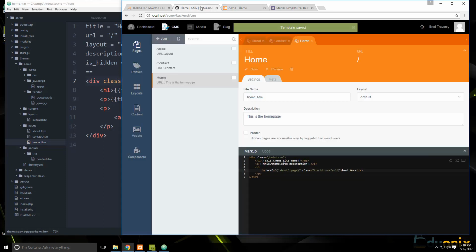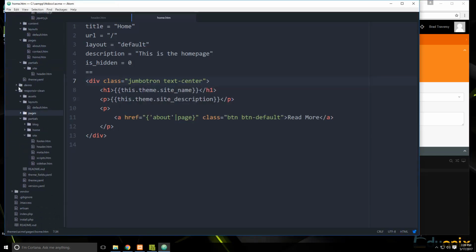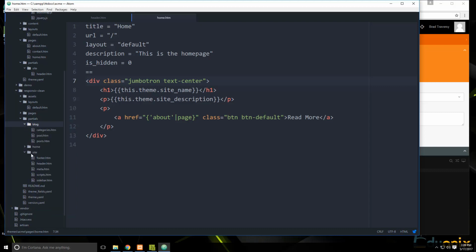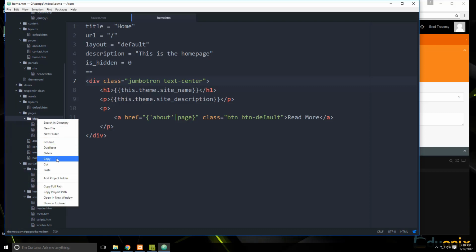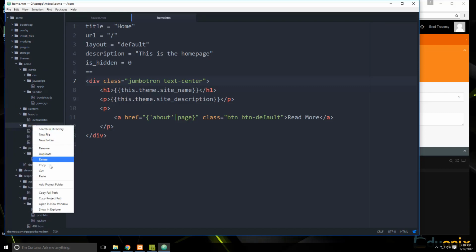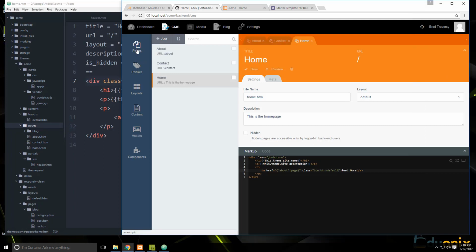And instead of creating everything from scratch, what I'm going to do is go down to the responsive clean theme, and we're going to grab this whole blog folder right here. Okay, it's in partials actually. Wait, is that what I want? No, I want this in pages. I want this blog folder. We're going to copy it, and then we're going to put it into our pages folder. Paste that in. All right, and then if we go to the back end here and go to pages,